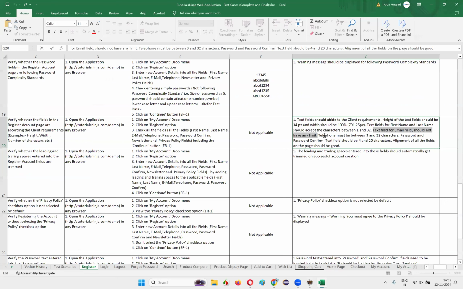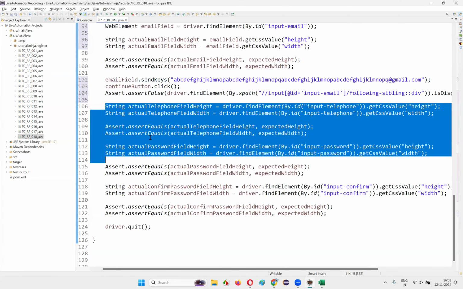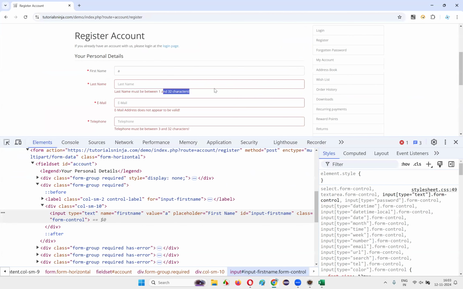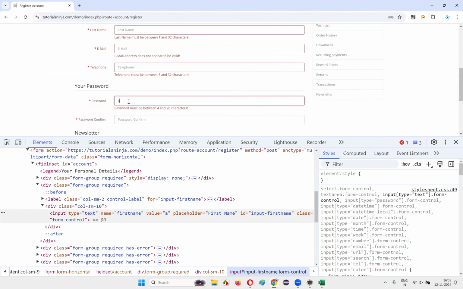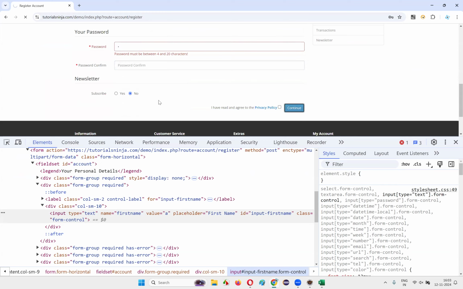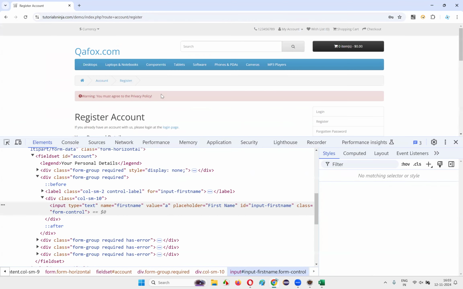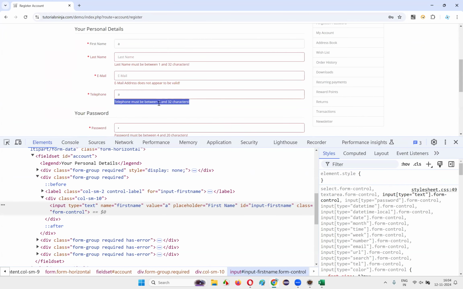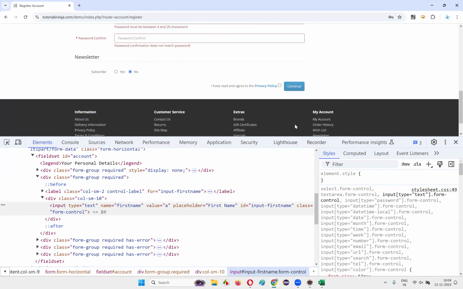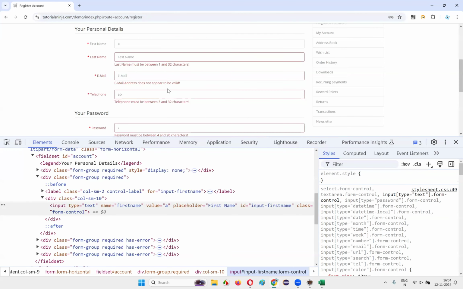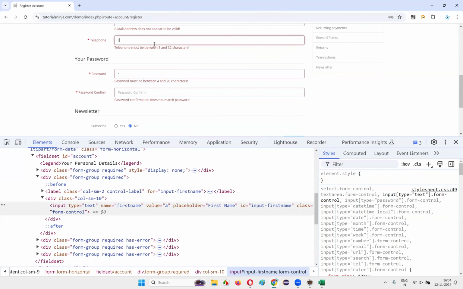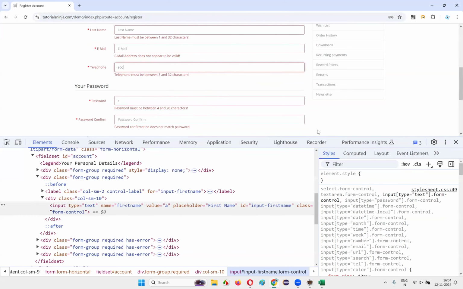It doesn't have any limit. The telephone field must be between 3 and 32 characters, okay? So let's go with the telephone field and see. If I give a single character A and click on the continue button, the message 'telephone field must be between 3 and 32 characters' comes. If I give B also, the same thing happens. If I give C also, A, B, C, 3 characters,